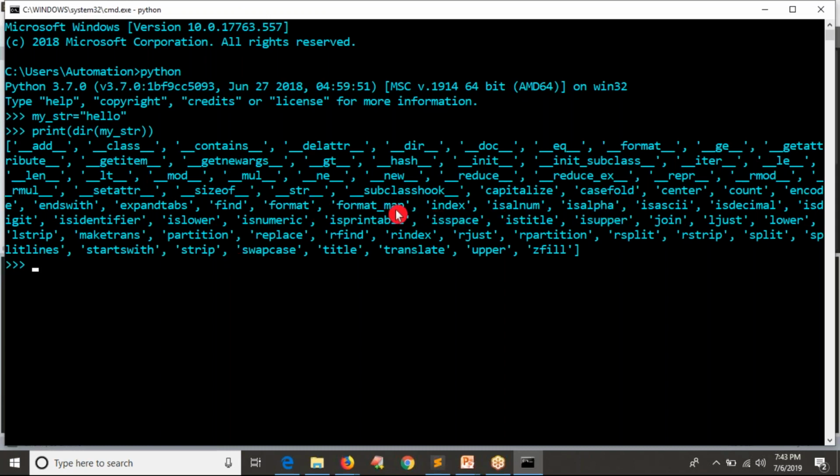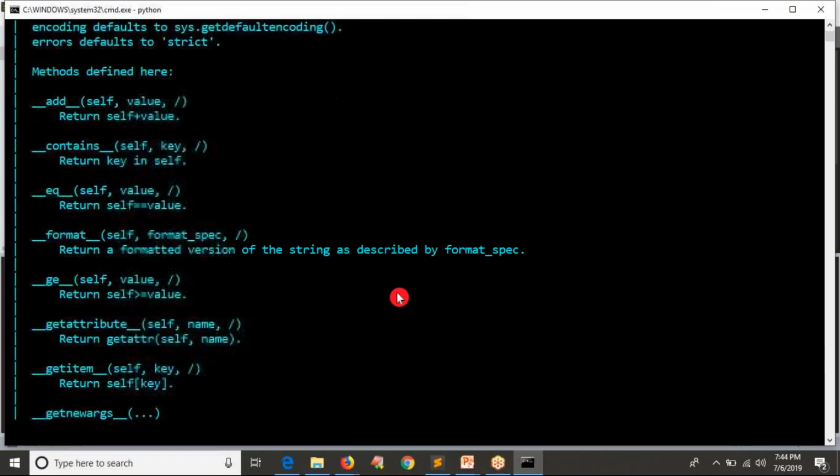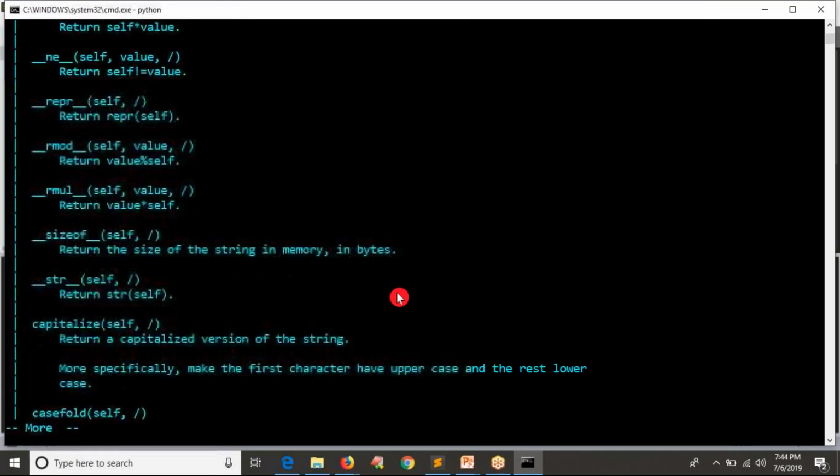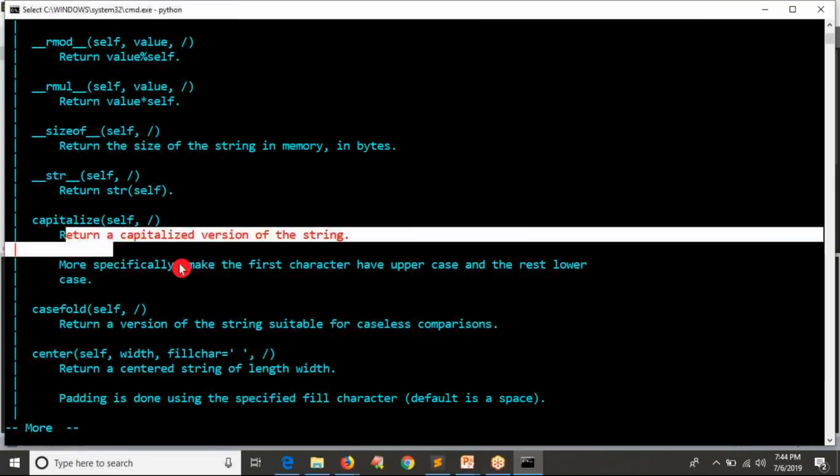You have some operations like you can check by going through the documentation. This is alphanumeric, is alpha, is ASCII, is decimal, right? Is digit, is identifier, is lower, is numeric, is printable, is space. Nothing is there, simply help string. You will get all the operations and their meaning, right? You just go down by entering capitalize, there is a meaning, right?